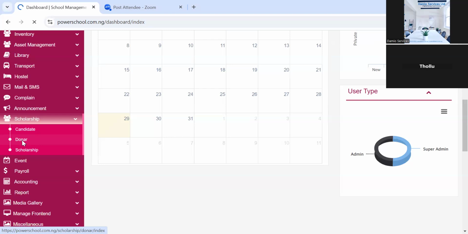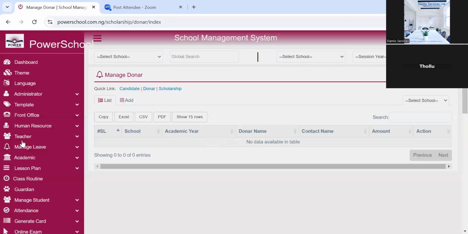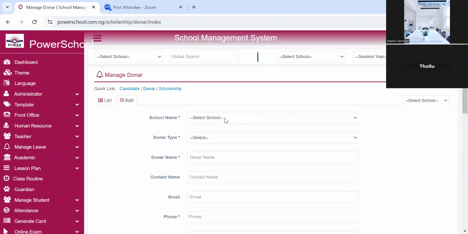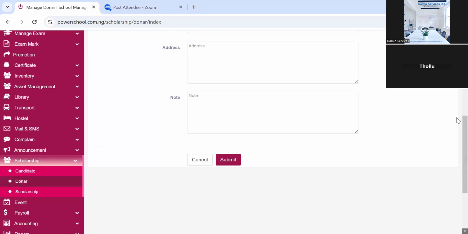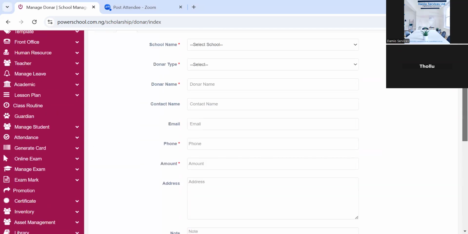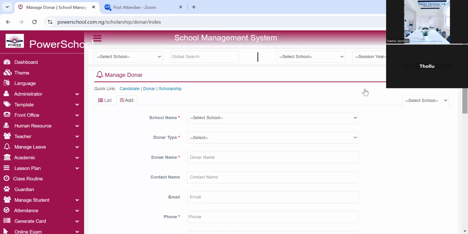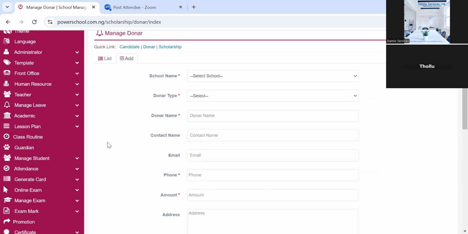Once I create an account for you, I collect your details, your contacts, the purpose of the scholarship, the cost of the scholarship, and from there we set up, and probably you want us to set up a test